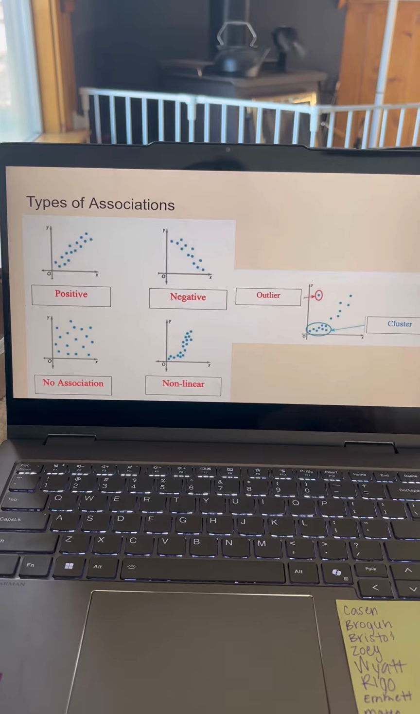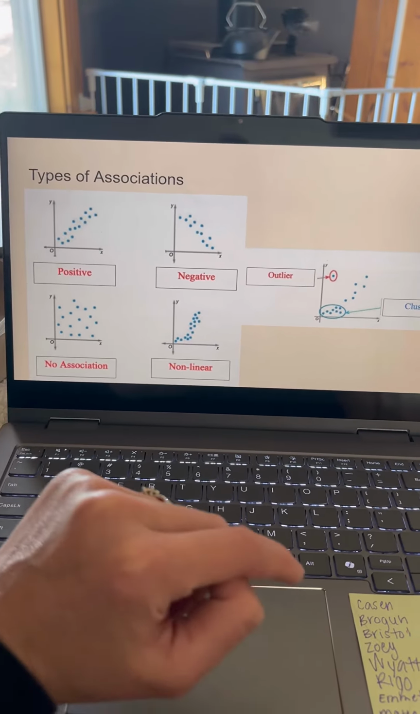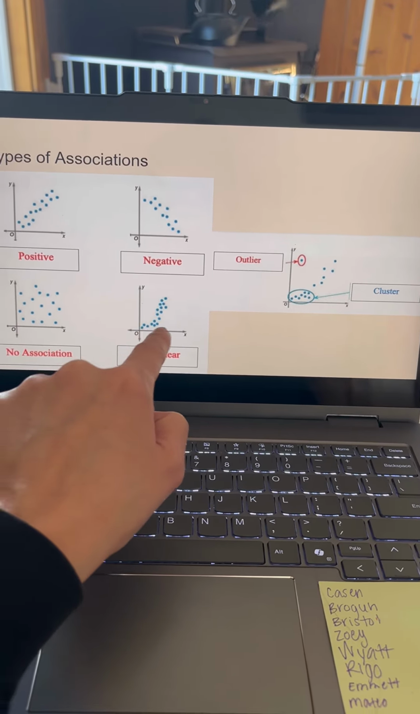Again, here's some types of association: positive going upward, negative going down, no association, it's all just kind of scattered. Non-linear, linear means a straight line, so this non-linear is that where you get that J